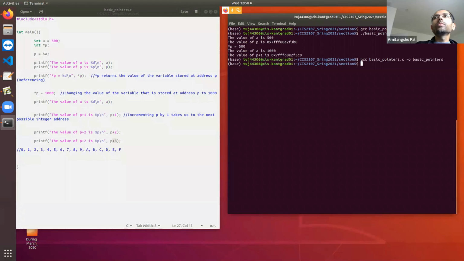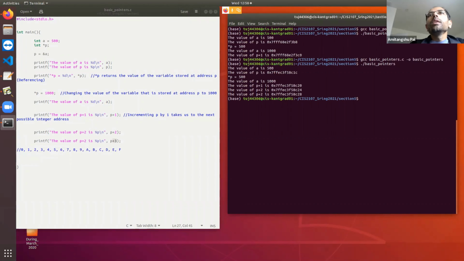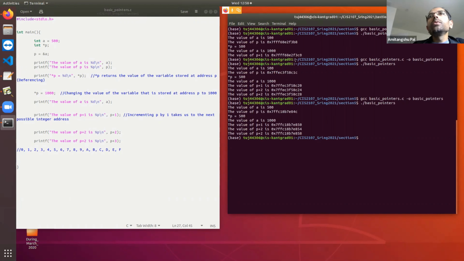Let's quickly check. You see 1C and 20, the difference is 4 bytes. 20 and 24, the difference is 4 bytes. 24 and 28, the difference is 4 bytes. If you run multiple times, the absolute value is going to change, but the relative difference is going to be exactly identical. This is a very, very important property of pointer arithmetic.